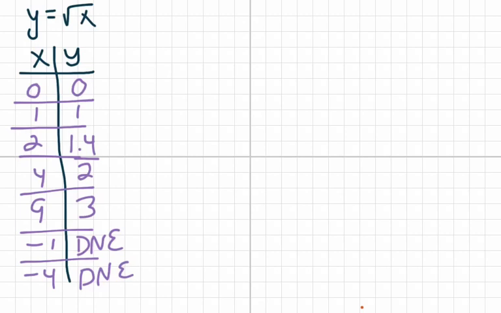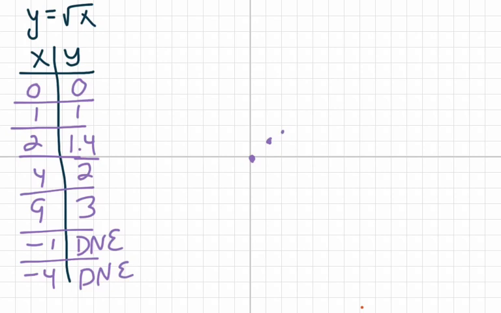So let's go ahead and we'll put a point at 0, 0. We have a point at 1, 1. A point at 2, 1.4. It's true that we do have to estimate that. Okay, 2, 1.4. Yeah, that's a terrible estimate, but